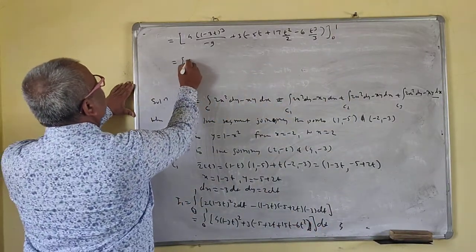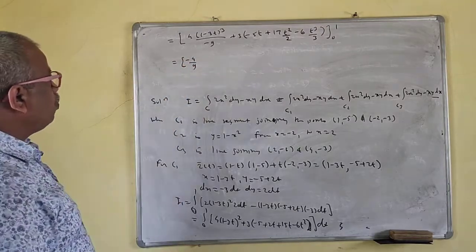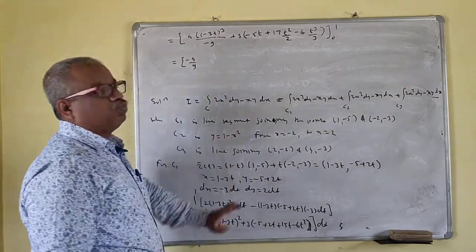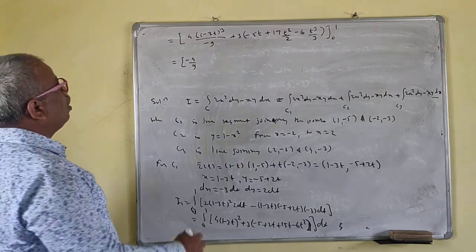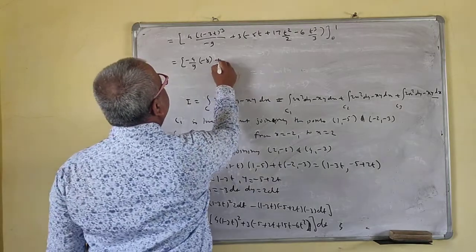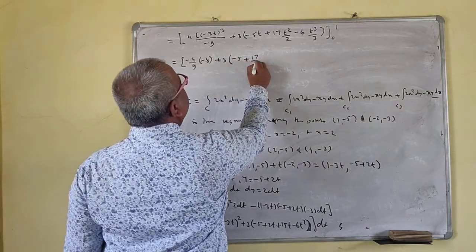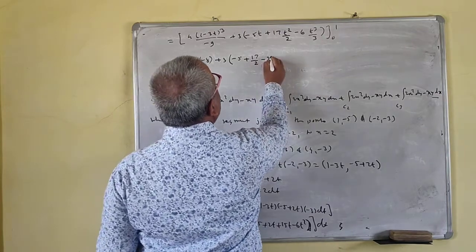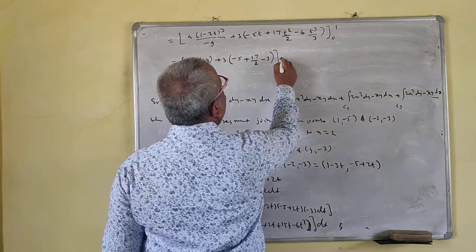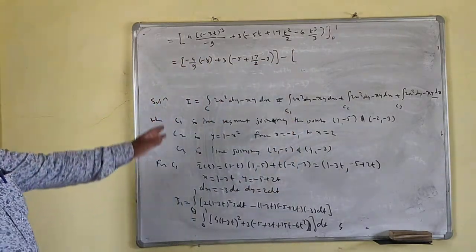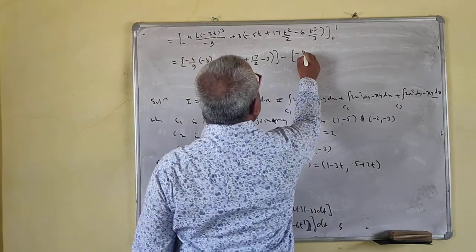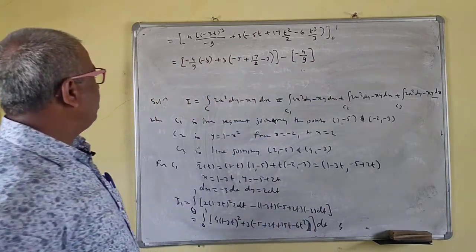Okay, so we put t is equal to 1 now. Minus 4 by 9 times (1 minus 3) cube, so this is minus 2, minus 8 then. Plus 3 times, this is minus 5 plus 17 by 2 minus 3, minus 3. Okay, so this is complete. Minus, you have to put t is equal to 0 now. For the second part, t is 0, no problem, so 0. Then this is minus 4 by 9 here.